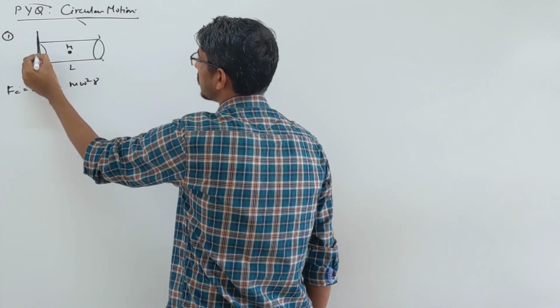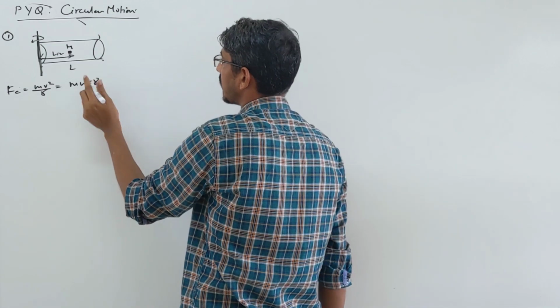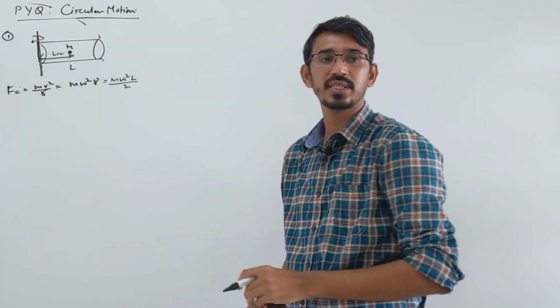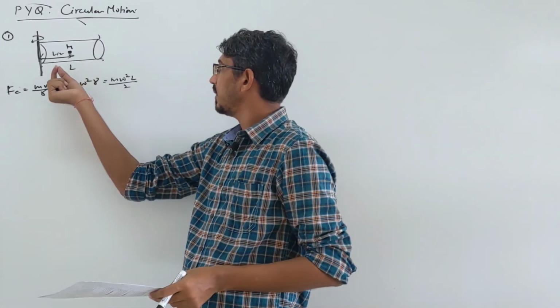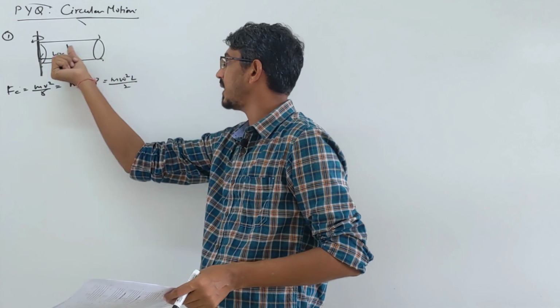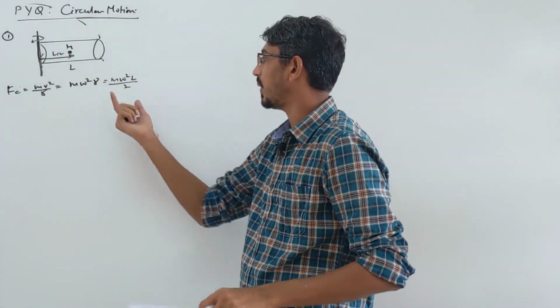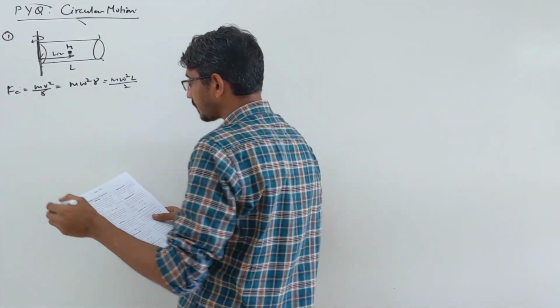So the distance of the center of mass from the axis of rotation will be what? Simply L by 2. So in this formula, for R you have to put L by 2: m omega square L by 2. That's your answer. That's the centripetal force that the total liquid will experience. So listen here, mass varies from here to here, so I took the center of mass, so that we assume the whole mass is placed at the center of mass and we find the force exerted. So simple problem, first option is the correct answer.